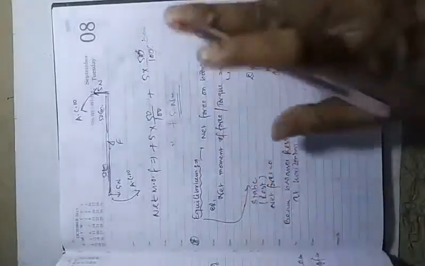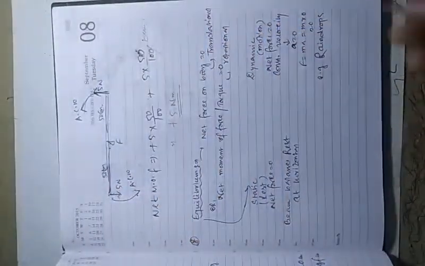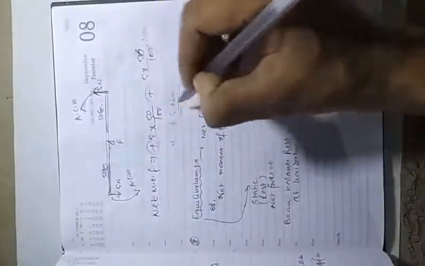So if the force is acting on the opposite sides also, you just calculate whether it is anti-clockwise or clockwise, which side the motion will be, then you just add them. If both are anti-clockwise, both will be plus, and you will get the net moment of force. I hope, students, this is present in your book as couple. This example will be given as couple, and the value will be given like that. So from your book I am explaining a little bit for your proper understanding.